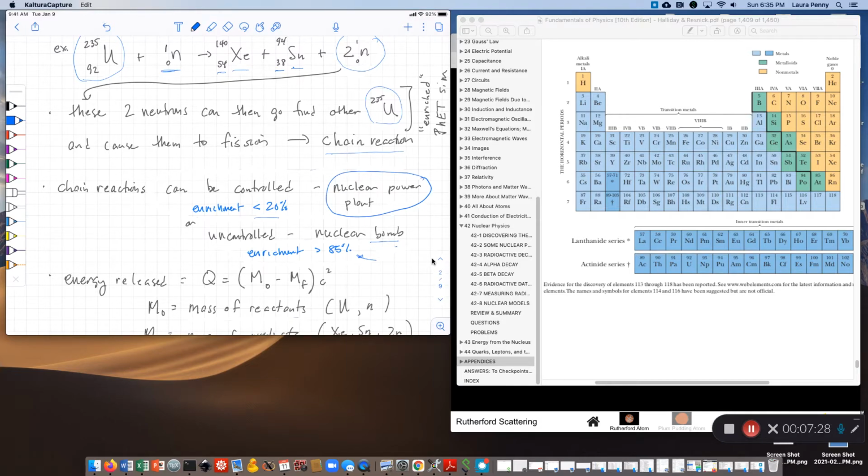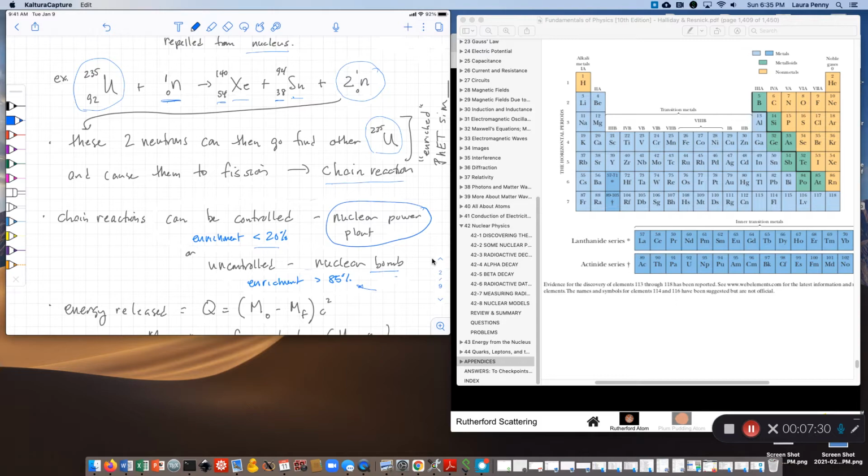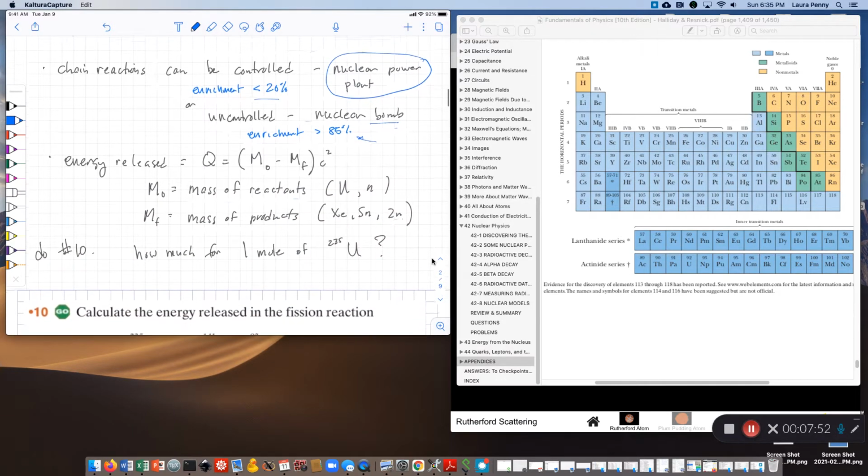And again, it's because you throw one neutron in there and you're immediately going to get two more out, and so you can drive it. You basically can start these reactions by having just neutrons in there. In a nuclear power plant, you would also be able to put in material. If you wanted to slow down your reaction, you could put in material which absorbs those neutrons and slows down the chain reaction. I don't want to get into all that.